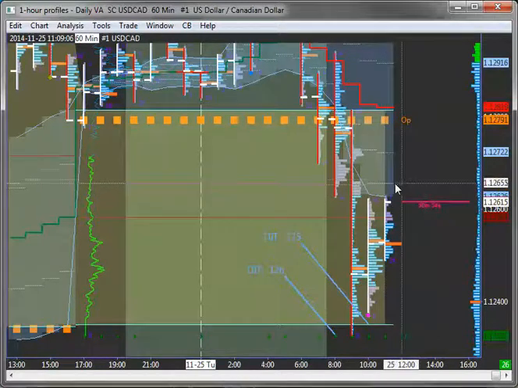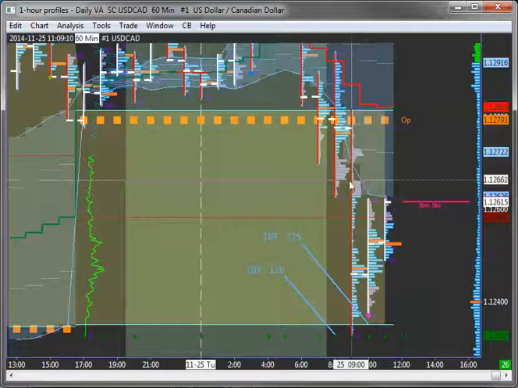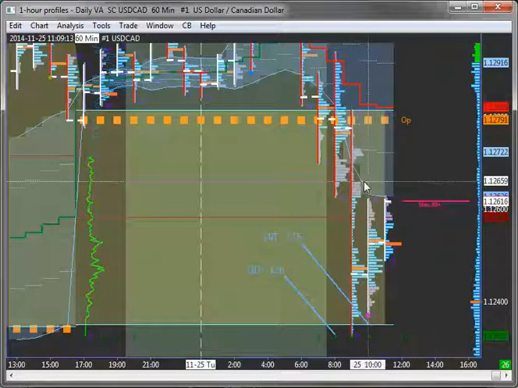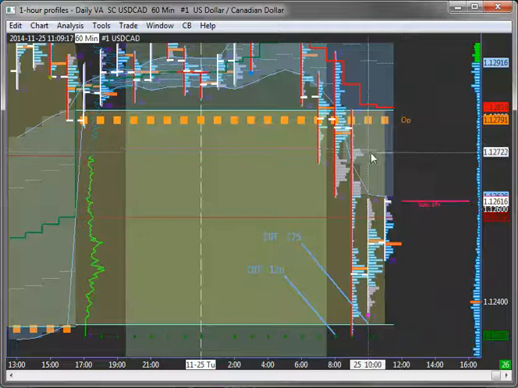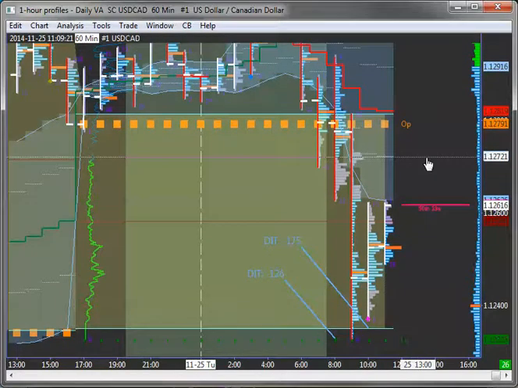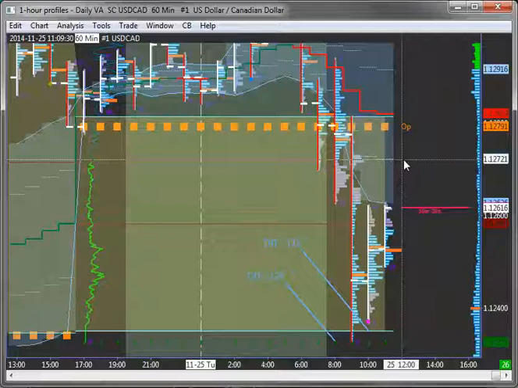But if we get into the value area low, it potentially could come up higher, into this shelf here, and then if that gets accepted, if it gets up to the half standard deviation, that's where I want to take a short. My stop will go on the other side of the open, a close on the 1 hour bar on the other side of the open.